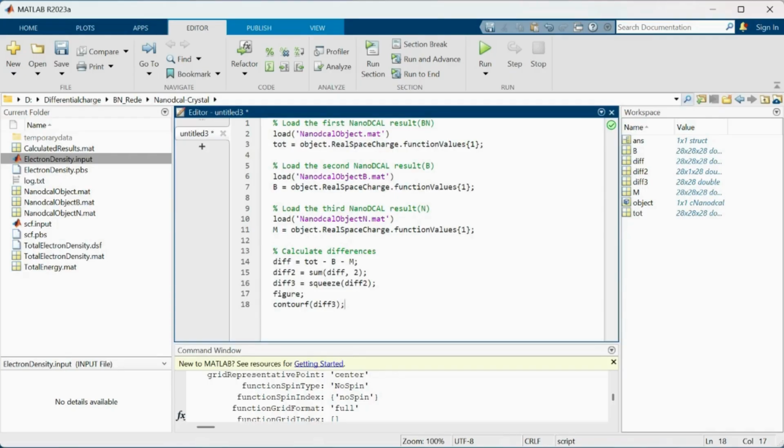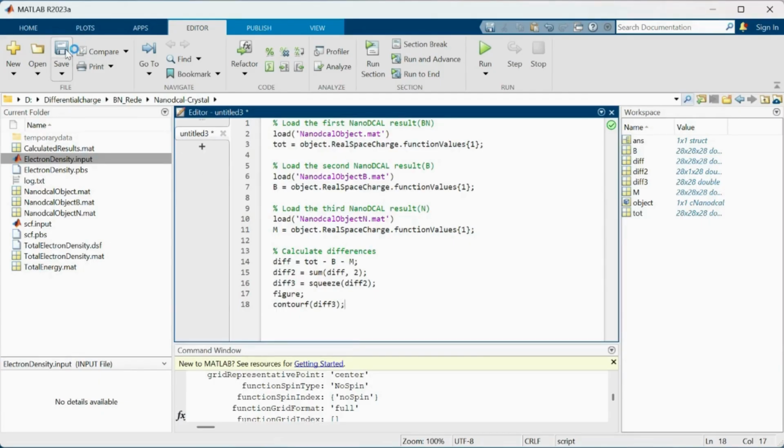First, we load the NanoDcal result with the NanoDcal object mat file and assign a variable where real space charge full structure. After that, same for the boron structure and same for the nitrogen structure, and calculate the difference and plot in 2D.